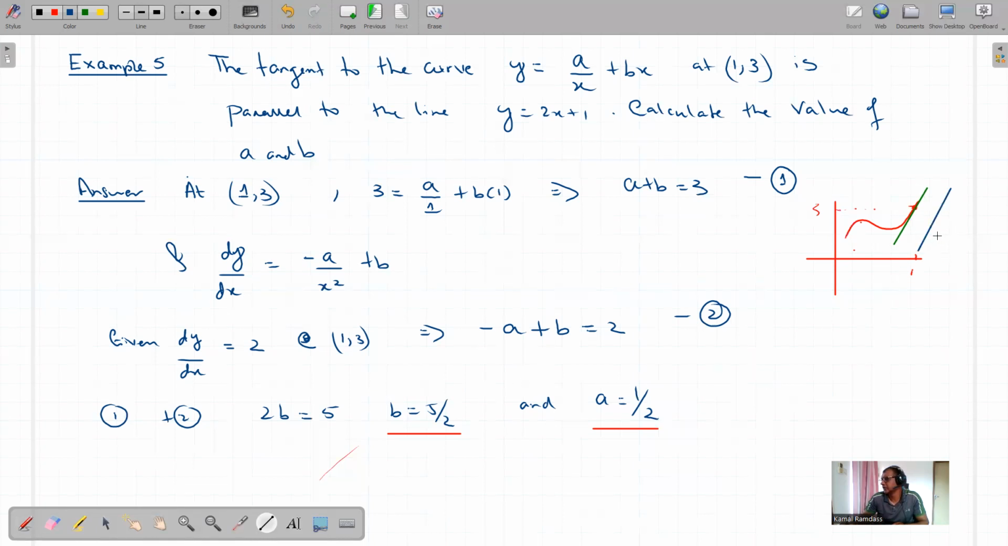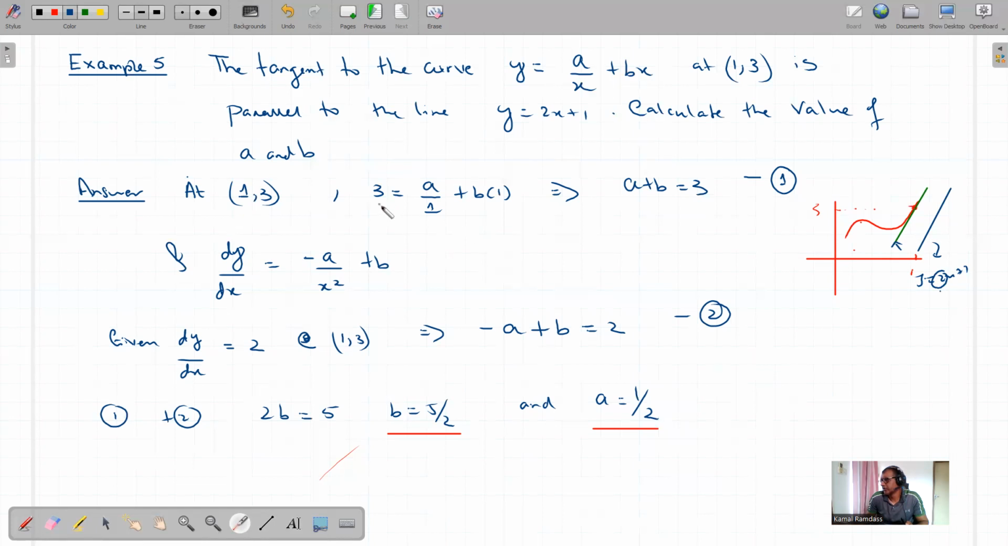y is equal to 2x plus 1. Y is equal to 2x plus 1. Et là, on trouve que ça, c'est le gradient of y is equal to 2x plus 1. Et ça, gradient-là, est pareil que mon gradient-là, parce que c'est parallèle. Mais on a besoin de comprendre sa géométrie-là. OK? Ça veut dire, at point 1, 3,